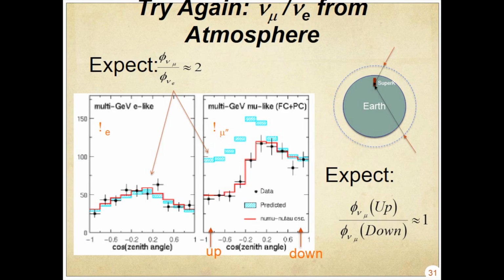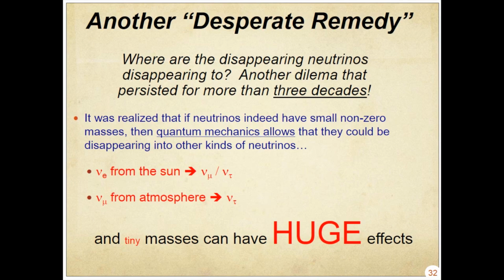And what's going on here is it's different distances of propagation through the Earth. It turns out that's going to matter. This is going a very short distance down to the detector, which was underground, but like maybe a mile or so, versus going through the entire core of the Earth. Okay, so this is where we're going to need, in order to understand these two things, and this took 30 years, going back to Bahcall's original measurements through Super K, and then that was, finally in 1998, I think, the discovery of neutrino oscillations hit the front page of the New York Times. Okay, so this took 30 years.